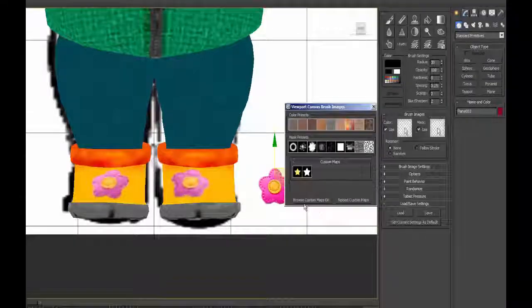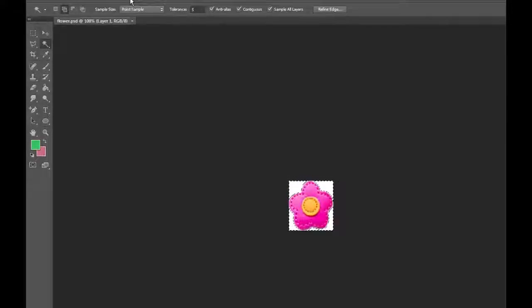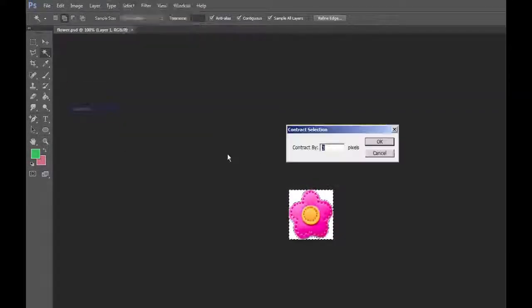I'm going to try it this way. I'm going back into my paint program. I'm going to create a transparency thing. I could use magic select to grab this white. I could also use smart select and just grab the flower. Okay, and I'm going to contract the selection. So modify, contract,